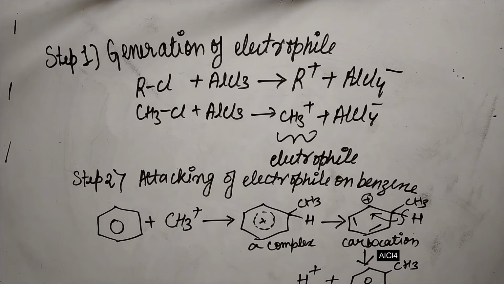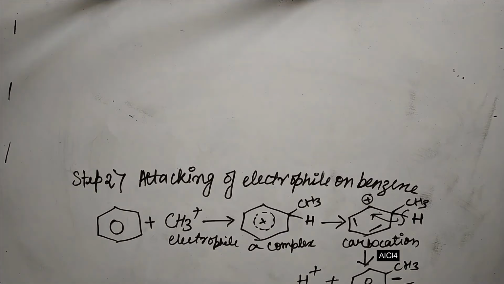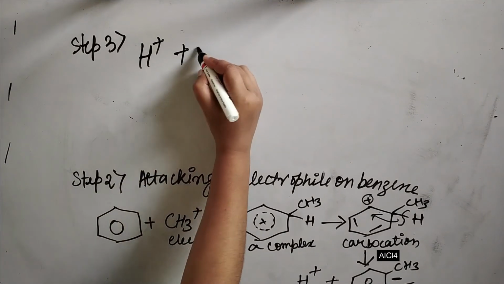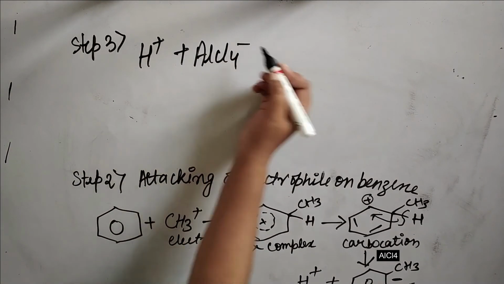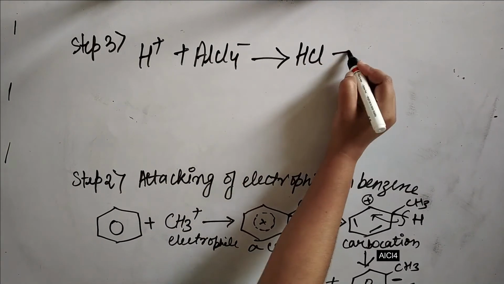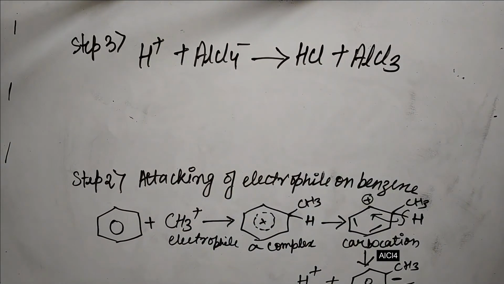So this is step 2, in which the electrophile reacts with the benzene ring and forms the sigma complex and carbocation, and after that the elimination of the proton takes place, and this is your methyl benzene, the Friedel-Crafts alkylated product. Now the last step, step 3: this proton reacts with AlCl4 minus and HCl will be eliminated, and